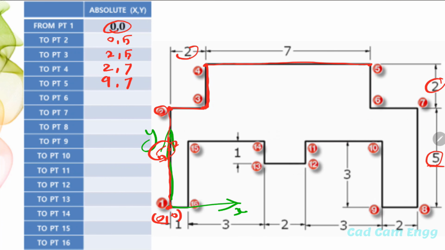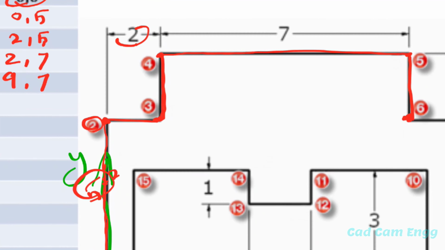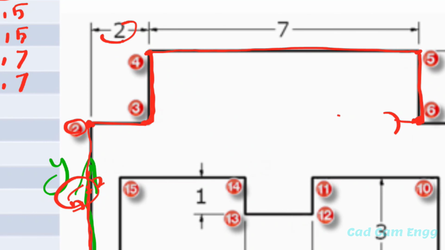Next, point number 6. Here we want to be a little bit careful because the cursor is coming from down. It means the line we created from 5 to 6 goes downwards. Downwards also we give only plus values. We are not giving a minus value because point number 6 is above the origin point. For point number 6, we want to find the x-axis and y-axis values. Here the x-axis value is 9.